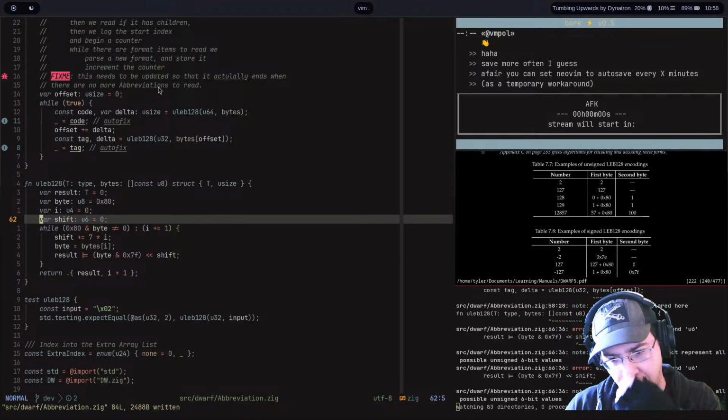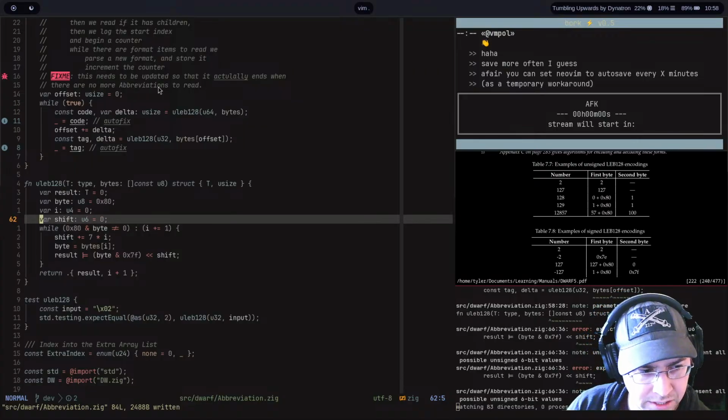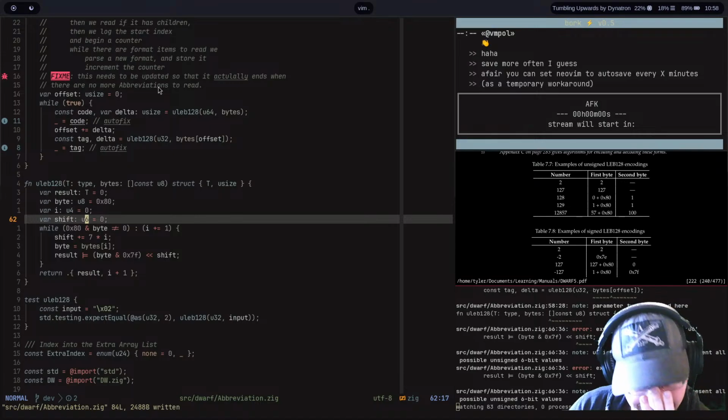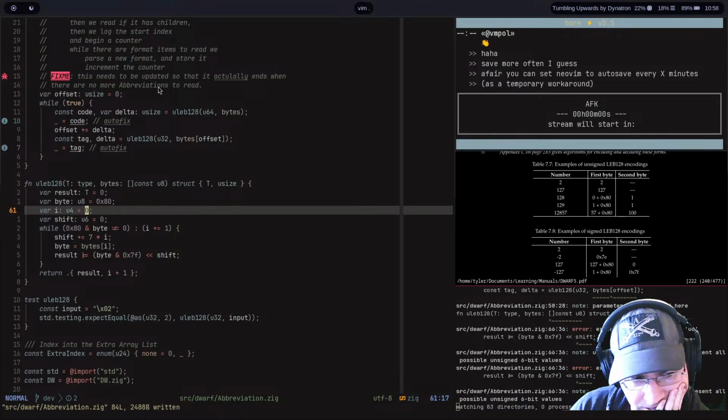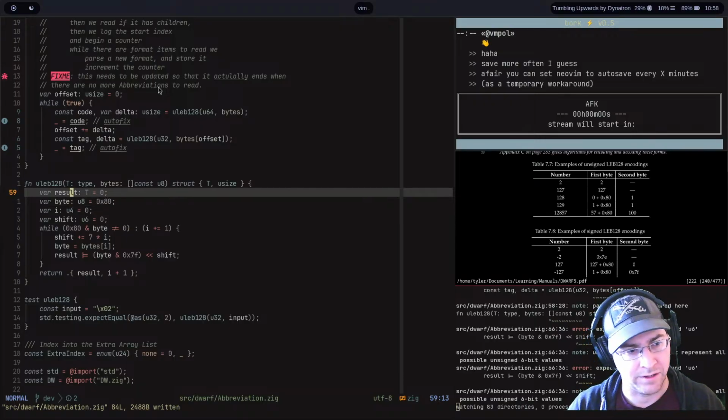Which is going to be a problem here because the shift value is a U6. Because, yeah, so expecting it to be U3. Okay, so this is where it gets a little hairy with the stuff. So maybe we need to